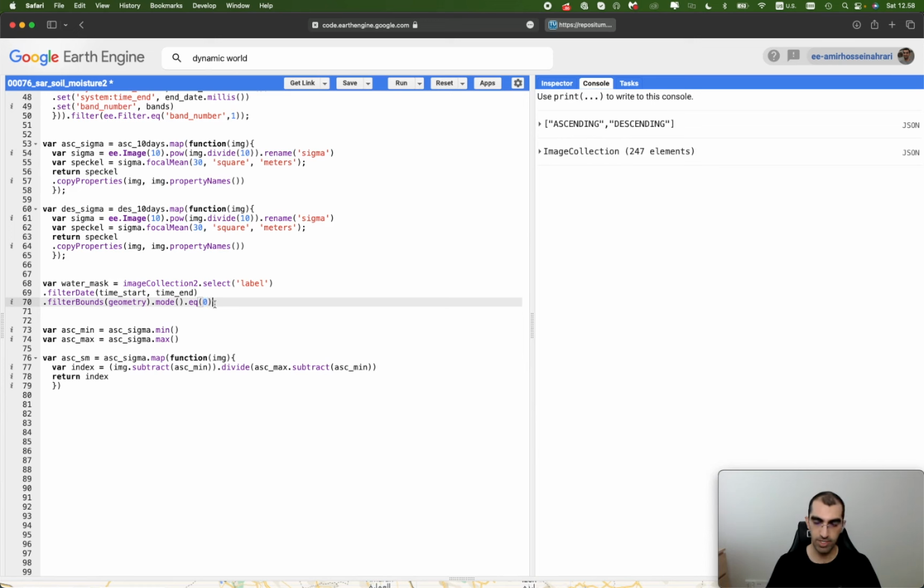But as I want to use this as a mask layer, I need to change it to another value order. I want to have value 0 for the water bodies and value number 1 for the other land covers. To do this, .not must be used. So use the same one